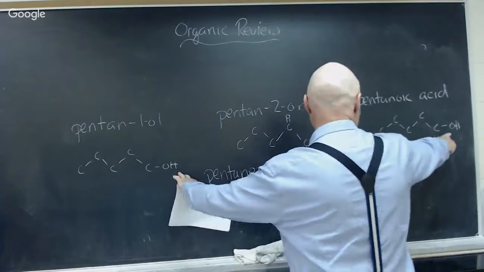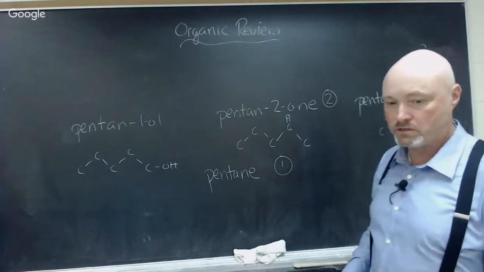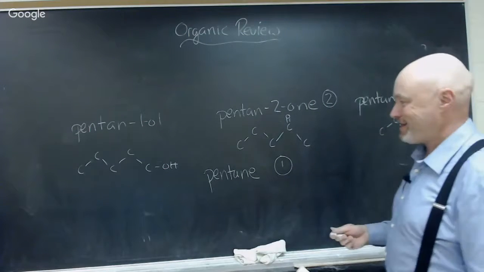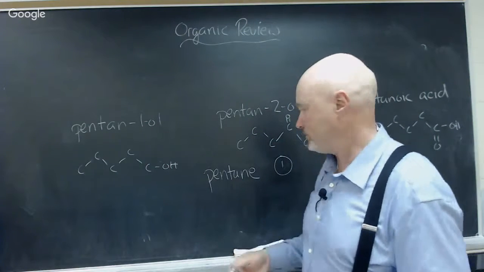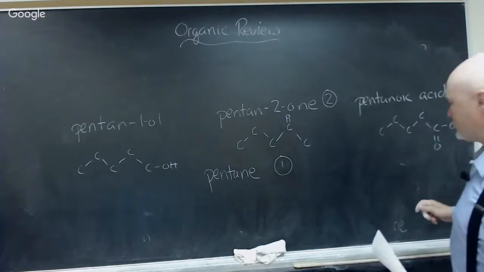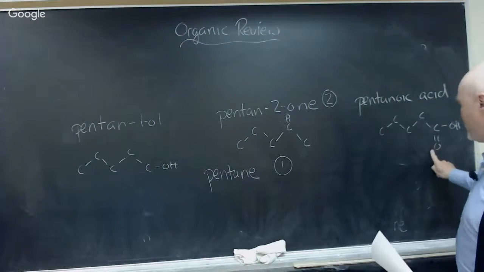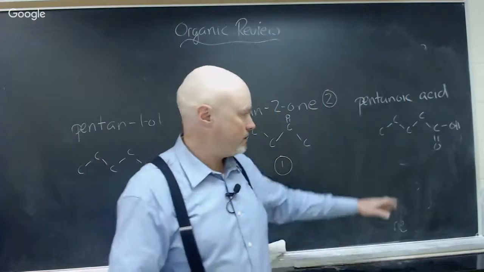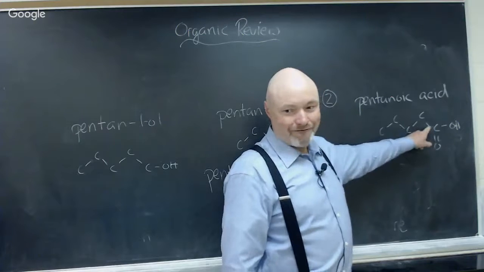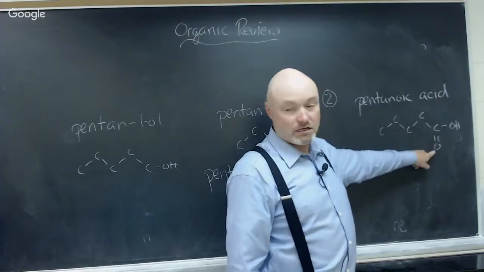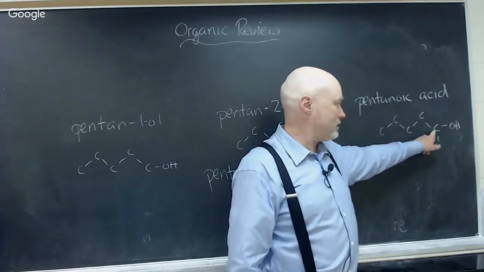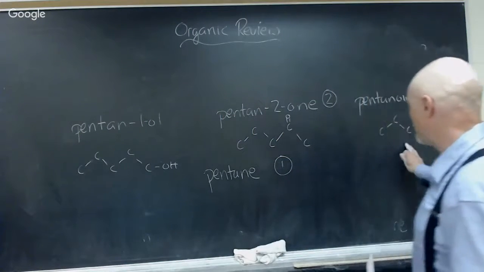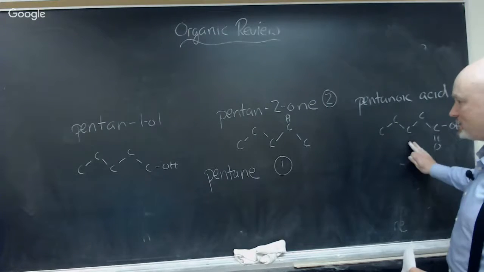It comes down to these two that have the hydroxyl groups. We just have to decide which one we think has a higher boiling point. I think this one is going to have the highest boiling point of all, because the oxygen on this side favors the electrons, the electrons favor the oxygen that's on this carbon, and we have the hydroxyl group. And so we're going to get the greatest charge separation out of this pentanoic acid.